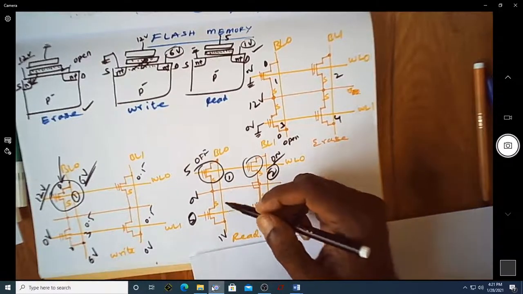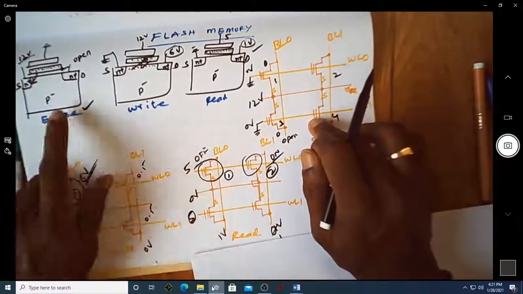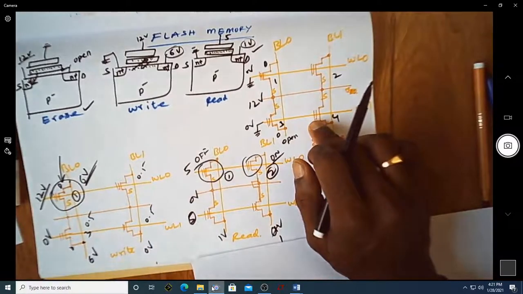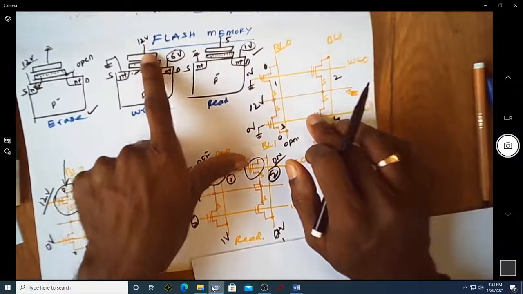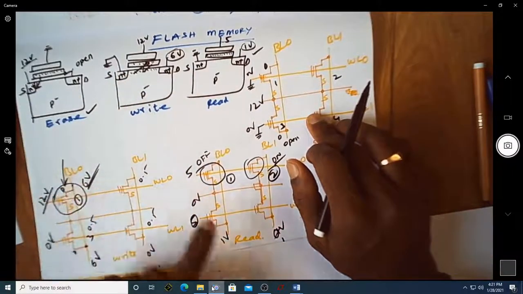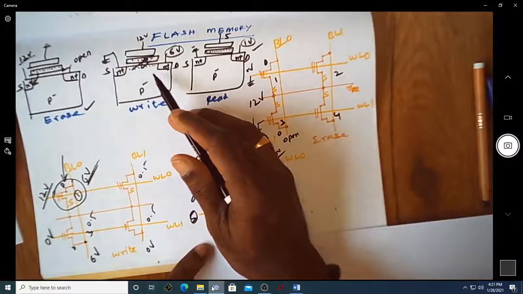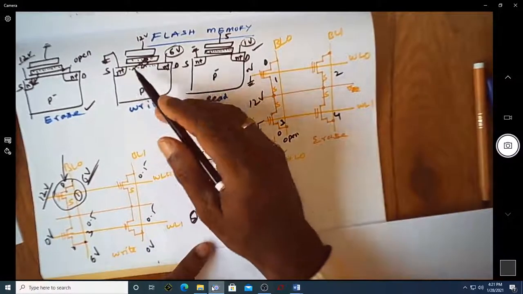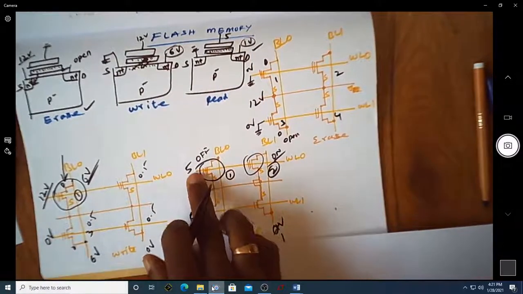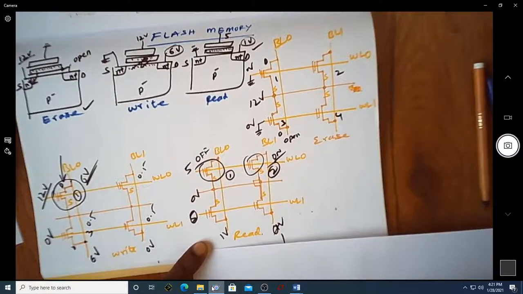So this is your erase process, which is similar to these voltages, and this is the write process. The write process is nothing but deciding whether I need to enhance the threshold voltage of that MOSFET or not. If you want to enhance it, make this setup: apply a gate of 12 volt, drain with 6, and ground the source. Whichever transistor has this type of favorable condition will have trapped charges which will increase the threshold voltage beyond 5 volt, which you are considering here as the input for your word line.